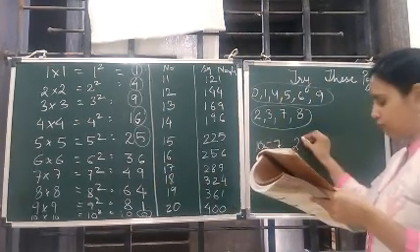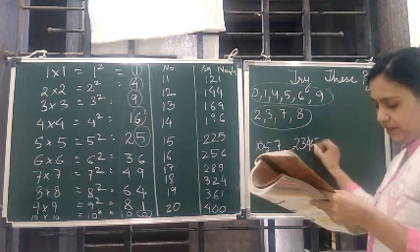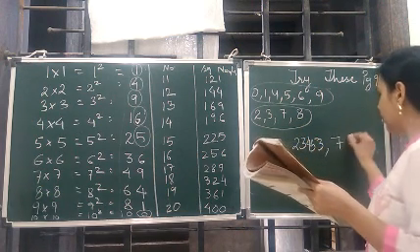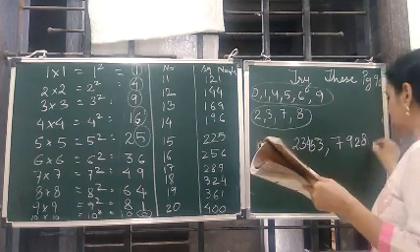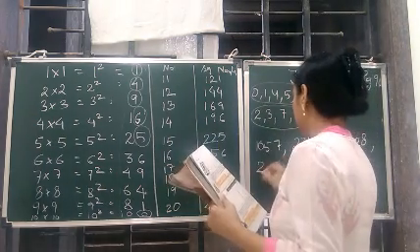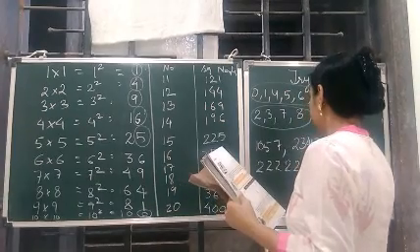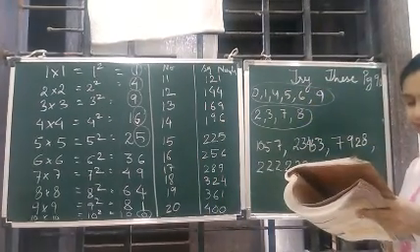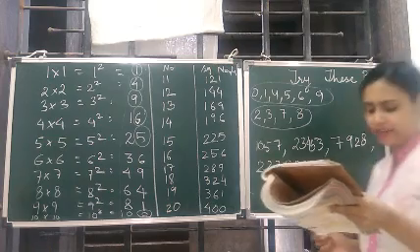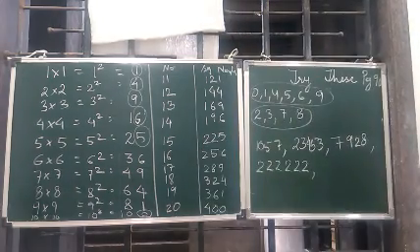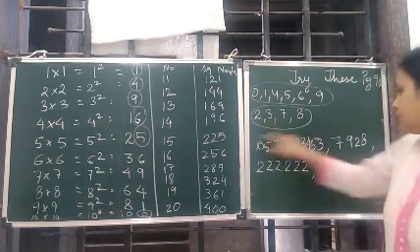Then 2453 because ending with 3. 7928 because ending with 8. Because ending with 2. And the 5th and 6th are ending with 9 and 1. Okay, so they may or may not. But these are certainly not